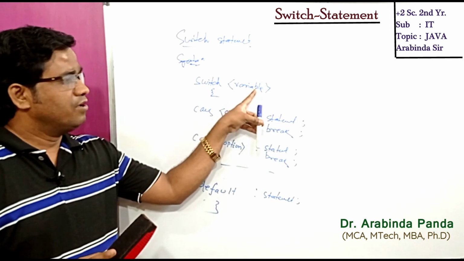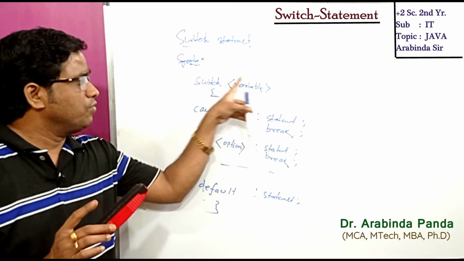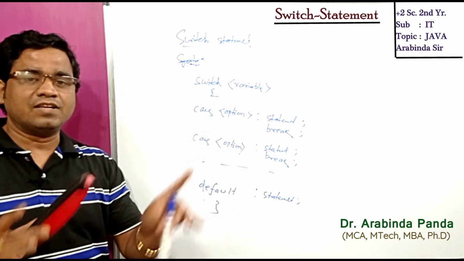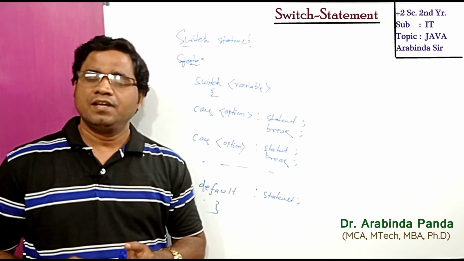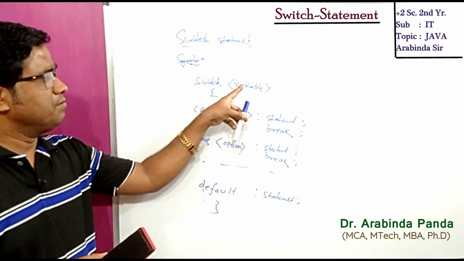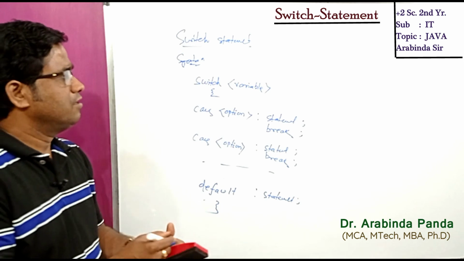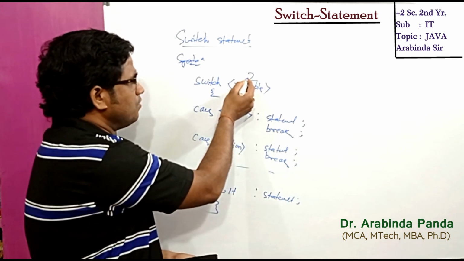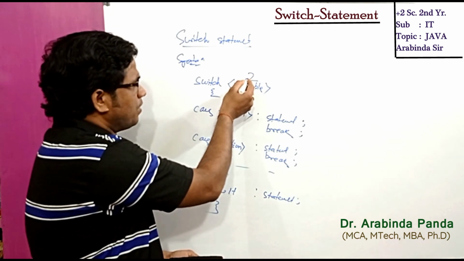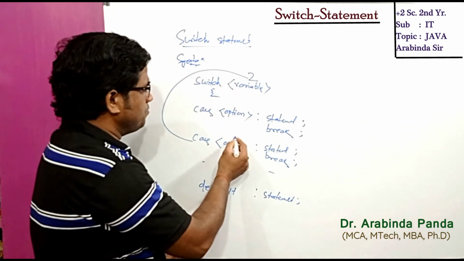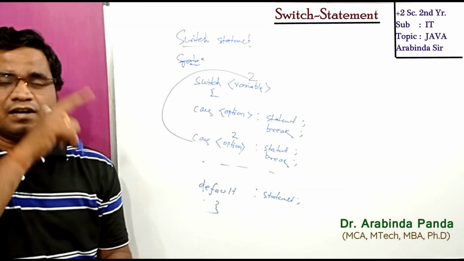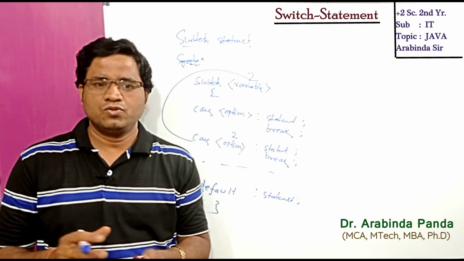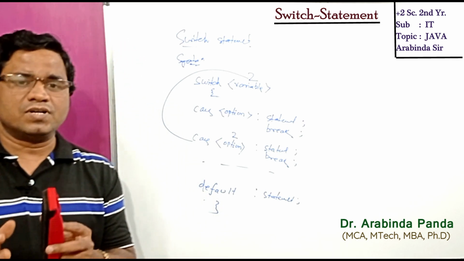Whatever the value of the variable is, it will take that value and compare it with the case values, and if there is a match then the associated block of code is executed, right. Suppose the variable is 2. Suppose I pass the variable as 2, then accordingly the pointer is shifted from this point to here. Suppose here the case is 2, so directly it will come to that particular point. So that is the main advantage of using switch statement, and the break and default keywords are optional.